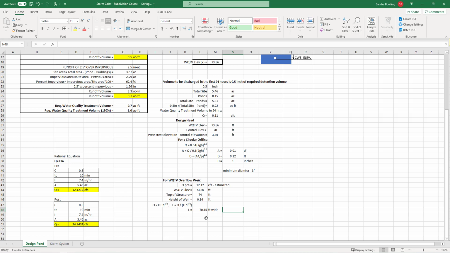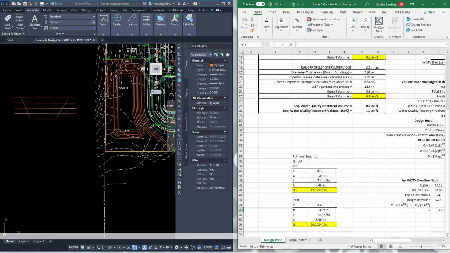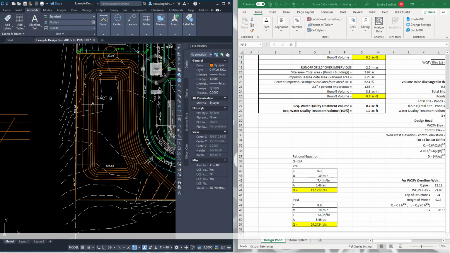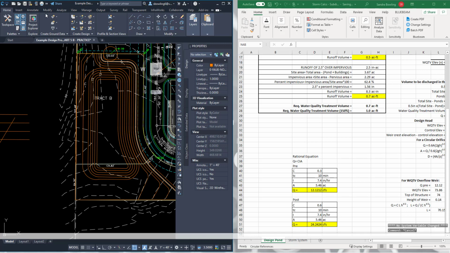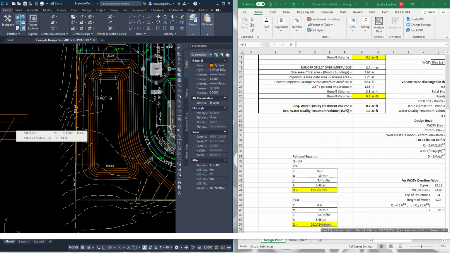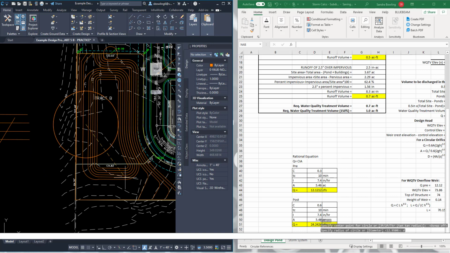So if that's the truth, if it needs to be 70 feet wide, and this is just an estimation, the reason that this is such a large number is because this is such a shallow height. What we could do is at the 70.15, we could actually create, let's see how wide this is. I'm just going to use a circle. So if I do a circle, F3, and here, and I go D for diameter, and I go 70,